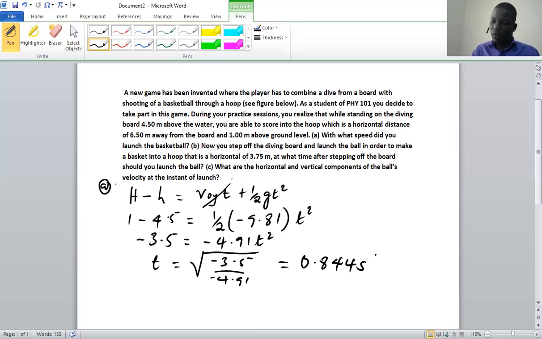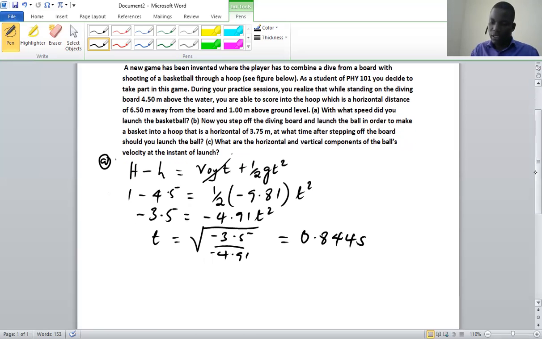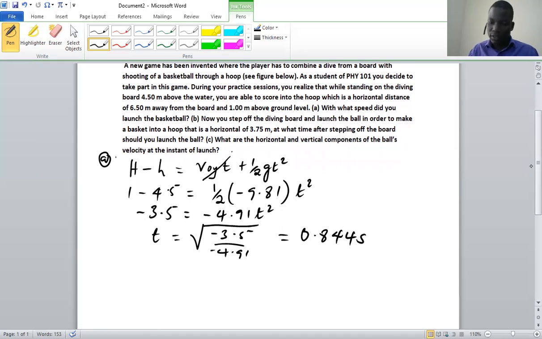Now from here we can say, if that is the time, then what is the launch speed? Let me say t equal to 0.844 seconds. So I erase here and use this part. Now we know the range is